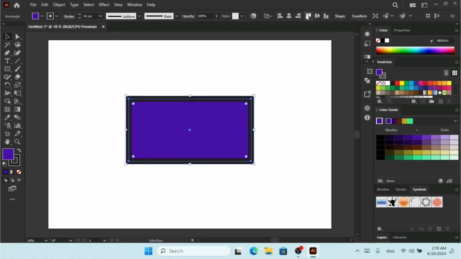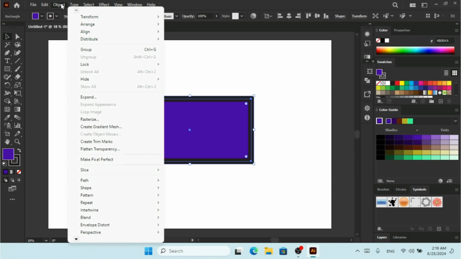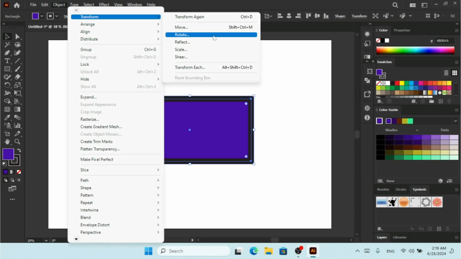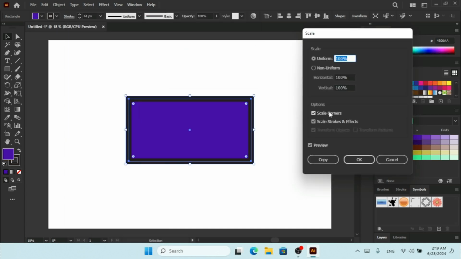So here now I'm just going to go to this transform, and here we're going to click on scale. So we have this scale corners and scale stroke. First we're going to see this scale stroke. So if you uncheck this,